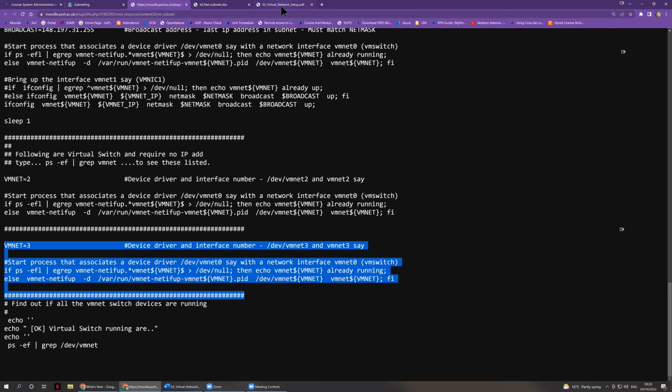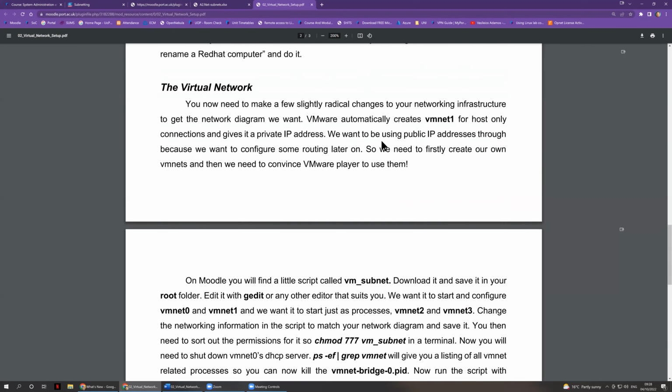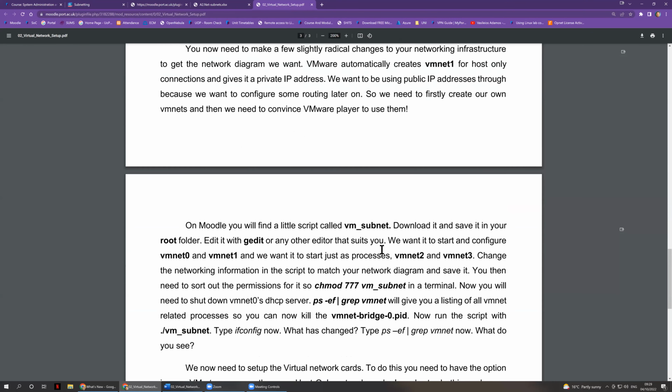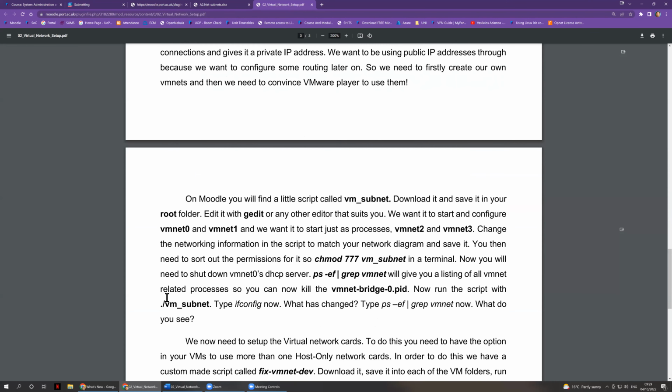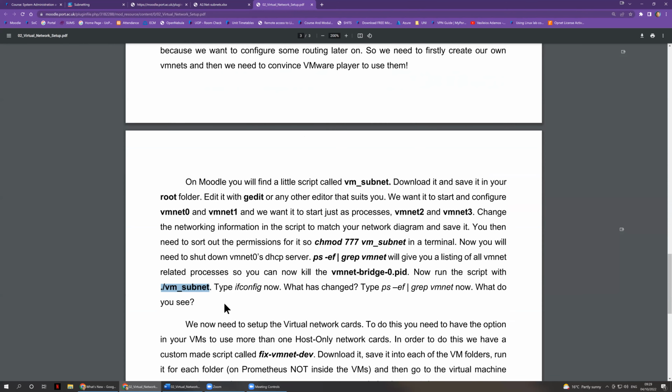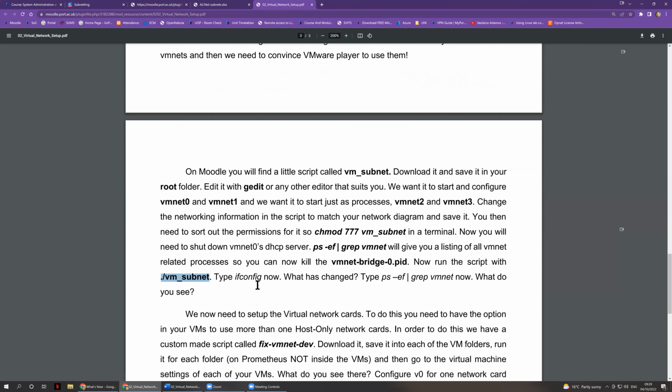Once this script is complete, you then need to go back onto Prometheus, where it resides, and you need to make sure that you change its permissions and you run it with /VM subnet. If you run the script and you type ifconfig, which is a command that gives you,